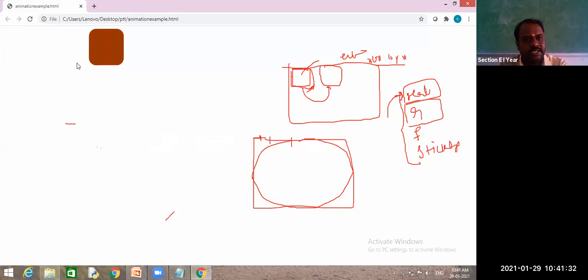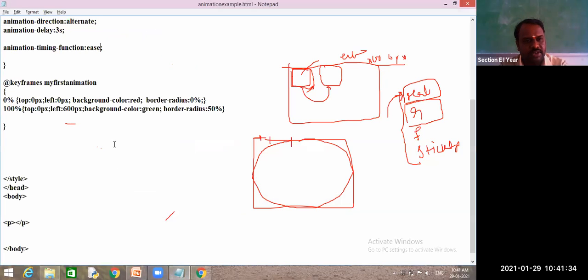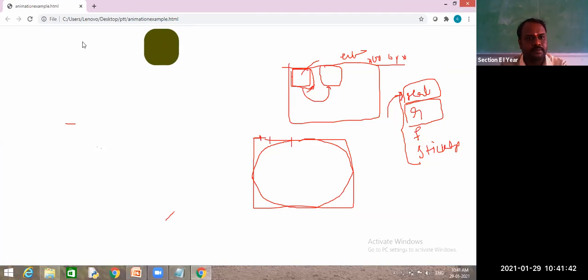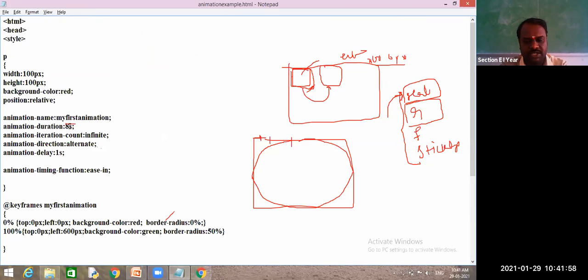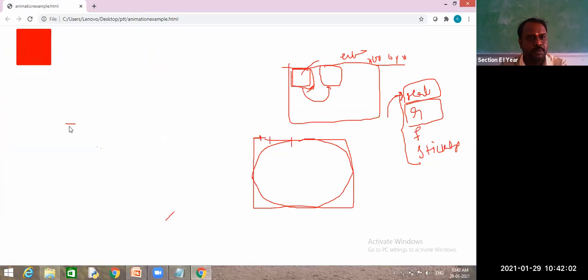So now it is ease. Now I will change it to ease in. Ease in is nothing but slow start and it will become fast. I will reduce this animation delay to 1 second, and I will decrease this animation duration also to 4 seconds, to see the proper output.